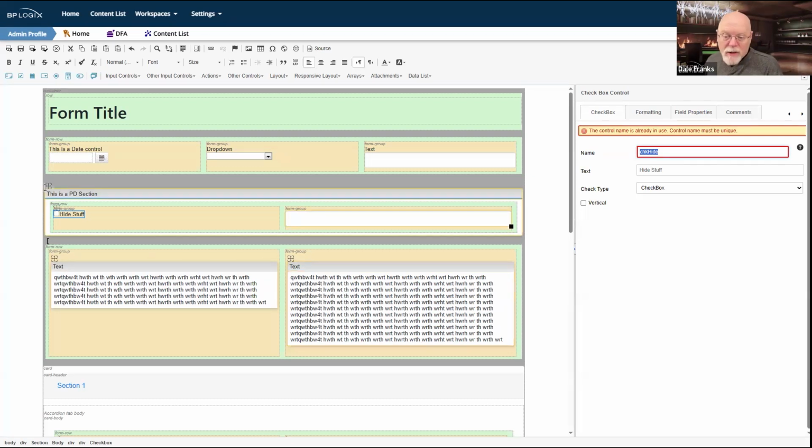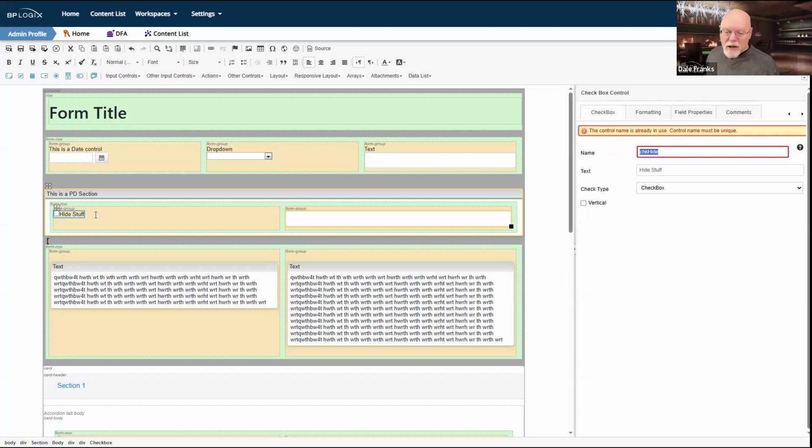But I could replicate this top section here where inside the section itself, I've got a form row and a form group. Because I can stack these container controls right on top of each other, and I can nest them as deep as I want. You probably don't want to nest things too deep because you simply won't have enough horizontal space at the end of the day with only 1,000 pixels here to play with. So there's a limit there to how deep you want to go nesting these containers. But the point is you can, because they're all container controls.